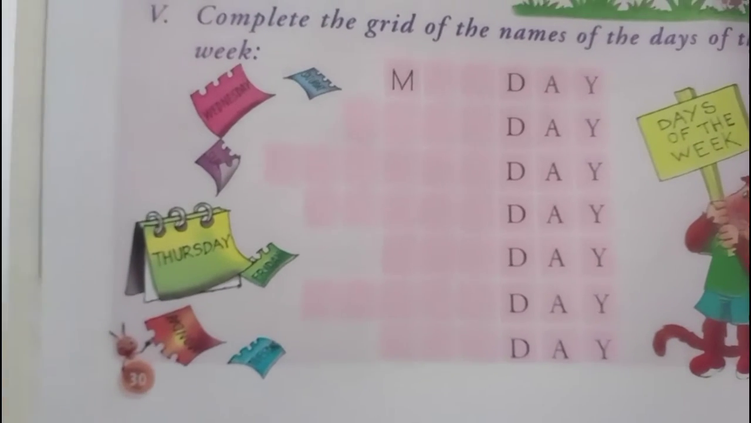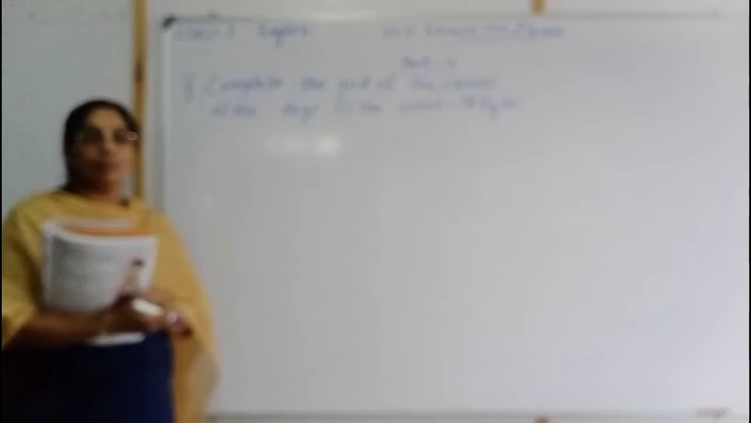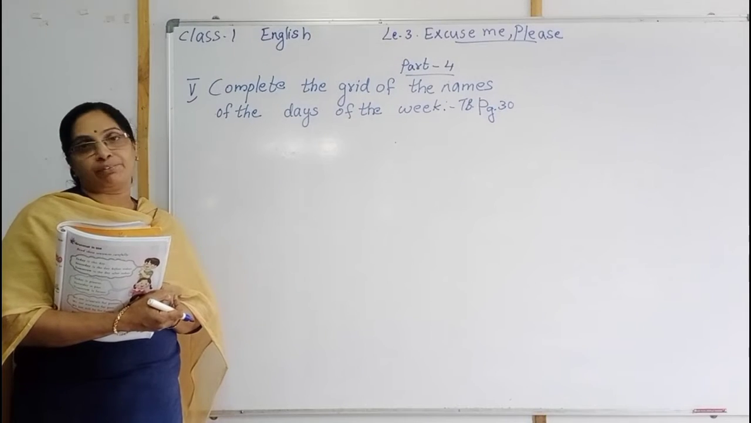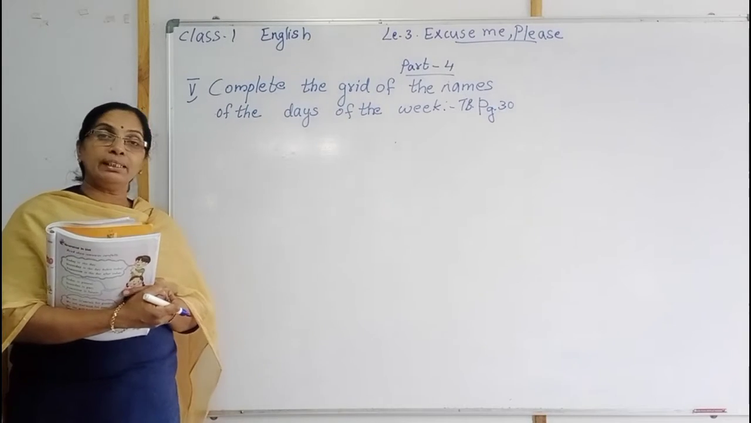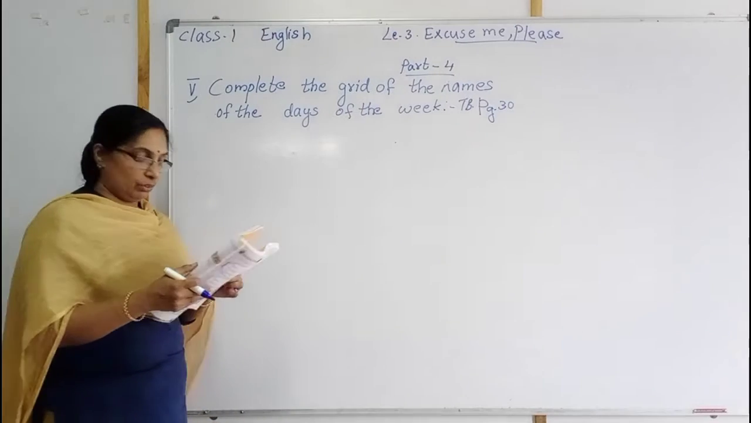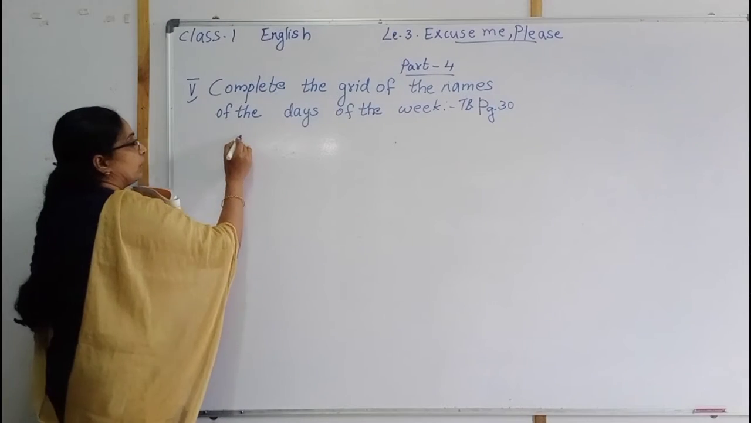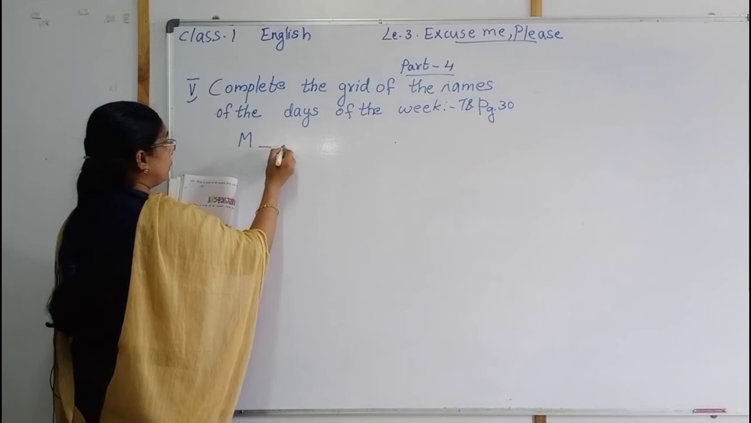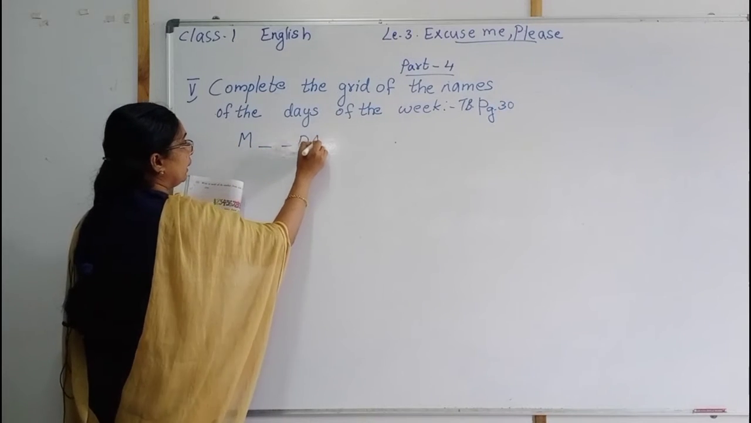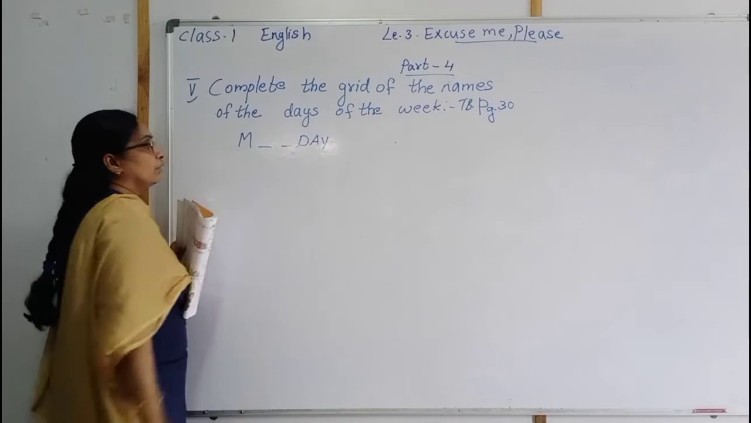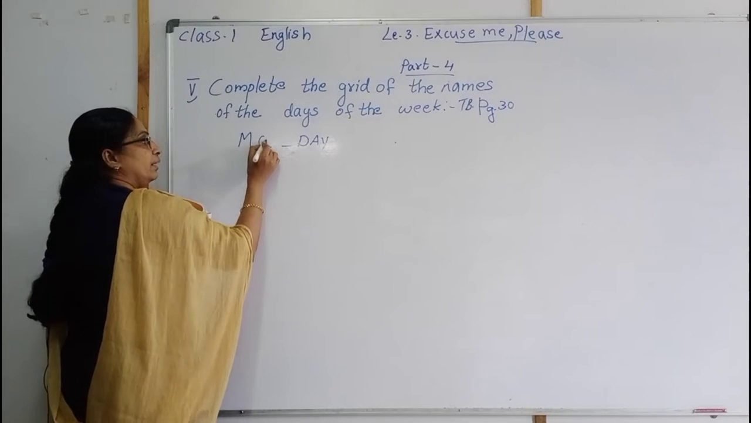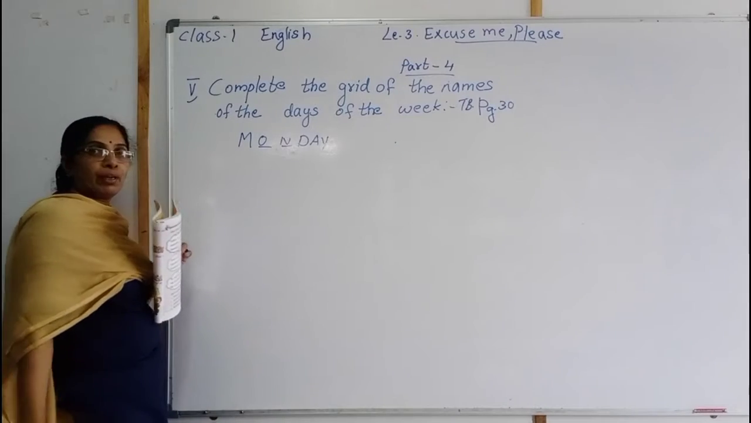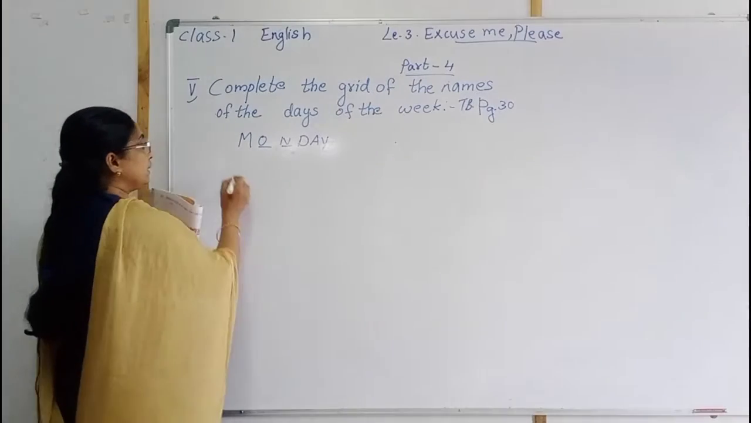Children, already you learnt in the LKG and UKG the days of the week. How many days are there in a week? 7 days. What are they? We'll write once again, children. So, M dash dash day. What will be there? Monday. Then next,